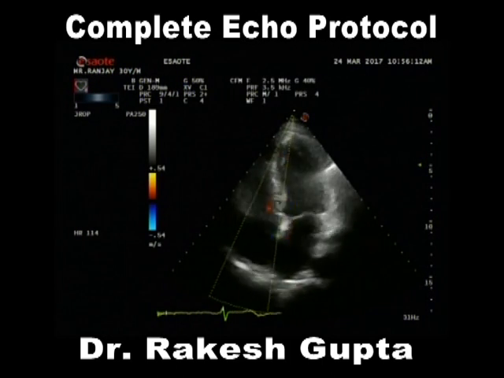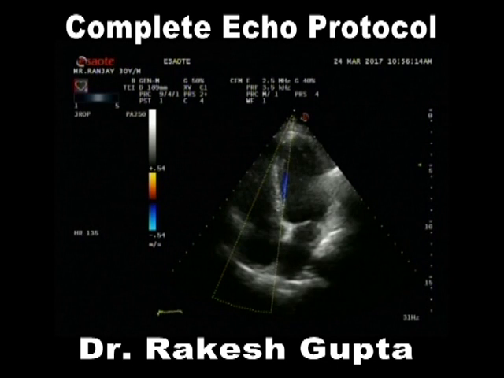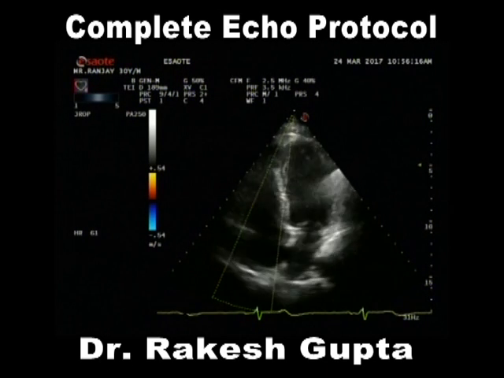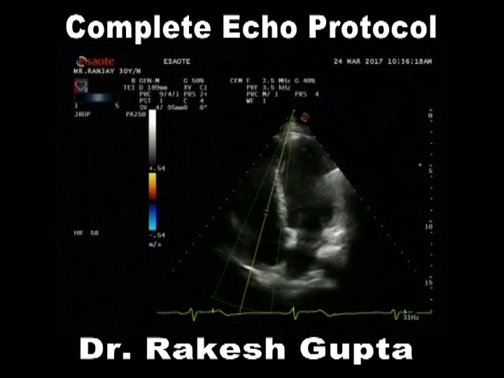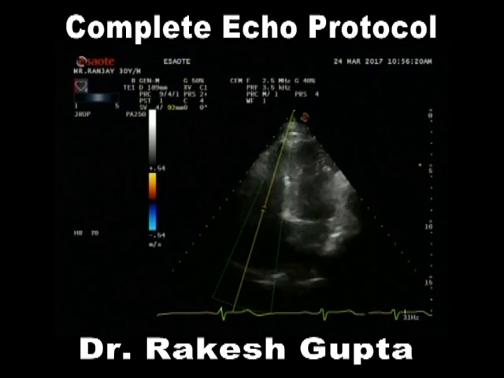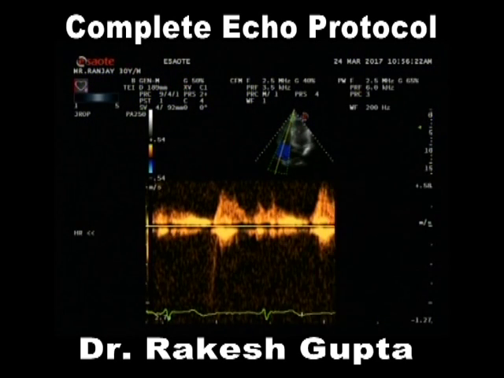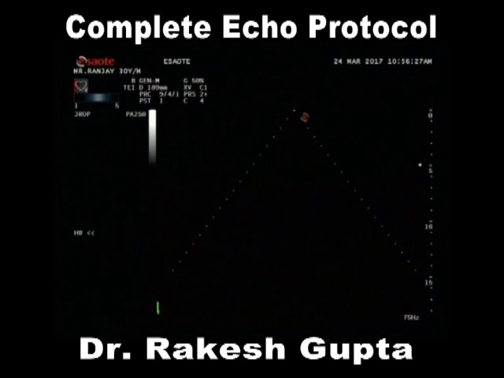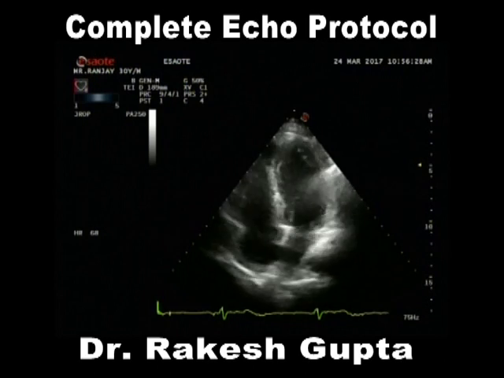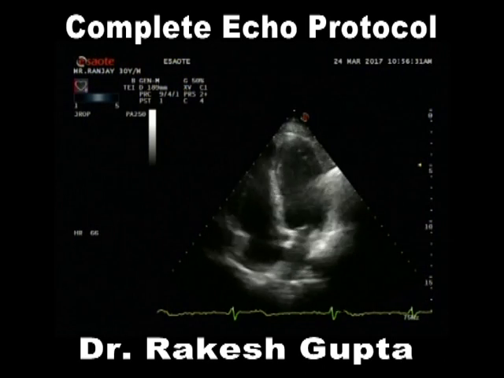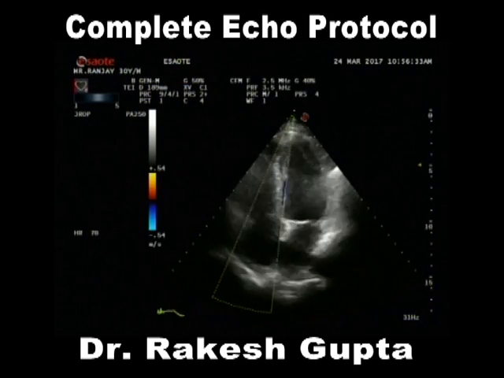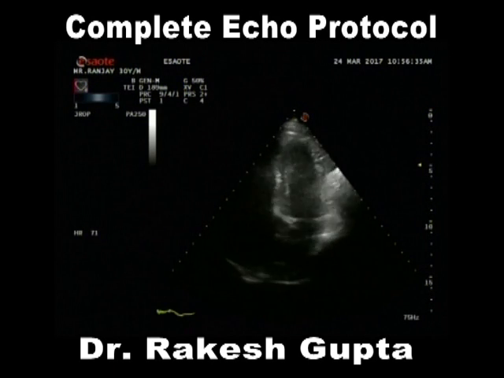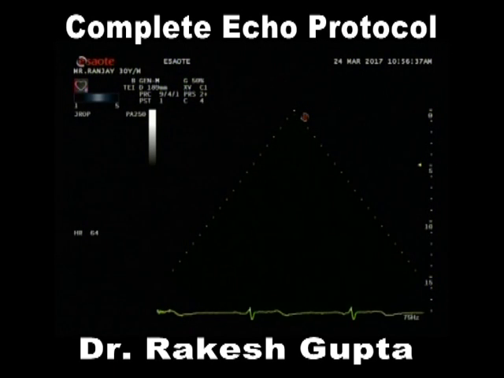We start looking at the tricuspid valve. We can't see much of the tricuspid valve over here. We look at the flow velocity across the tricuspid valve, again looking at peak and mean gradients and velocity if the velocity is high. And here in the third window we start looking for a TR jet, and as you see over here, we can't see any TR jet, so we move a space up,